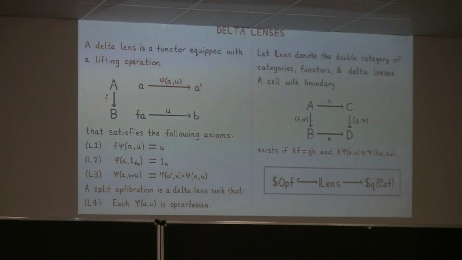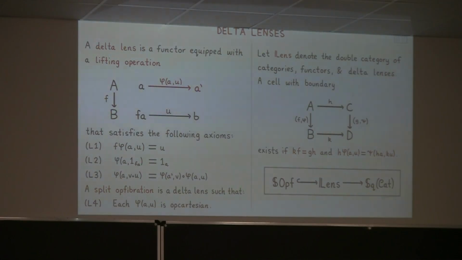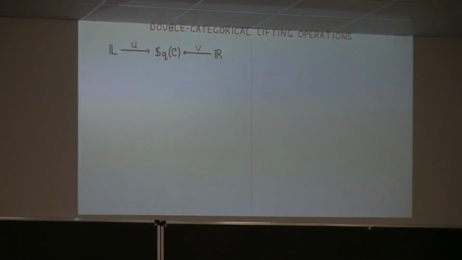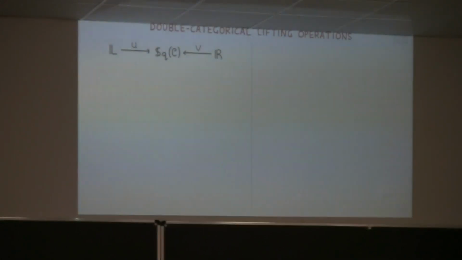Okay? So they're delta lenses, and we'll see that we have this lifting operation here. What I want to tell you next is how this idea of lifting operation can be gradually generalised to the setting of double categories. This is what we do about this stuff. So a double categorical lifting operation is something defined by a co-span of strict double functors